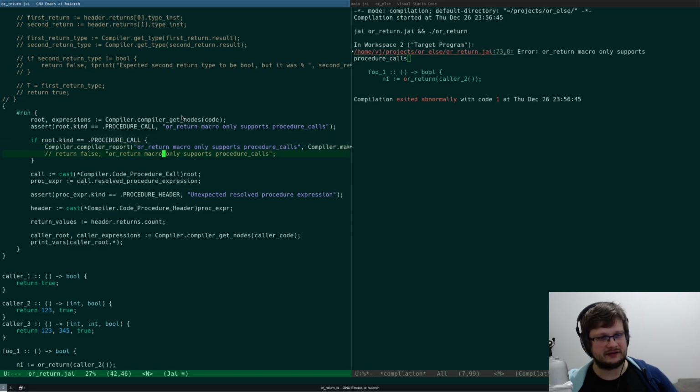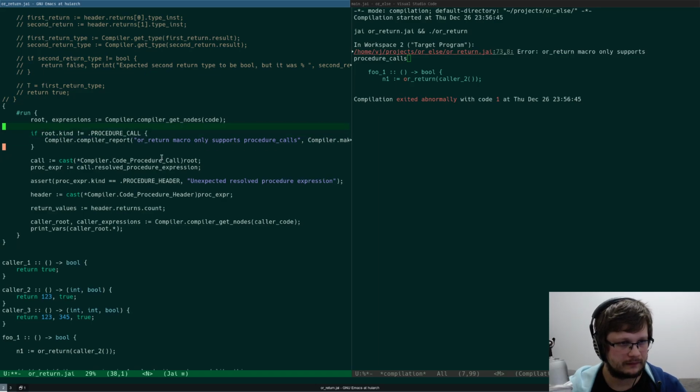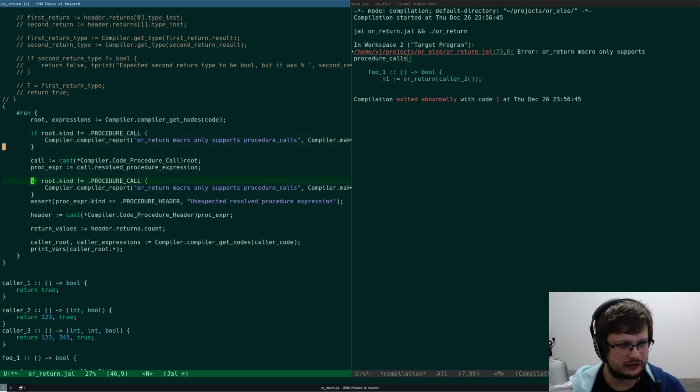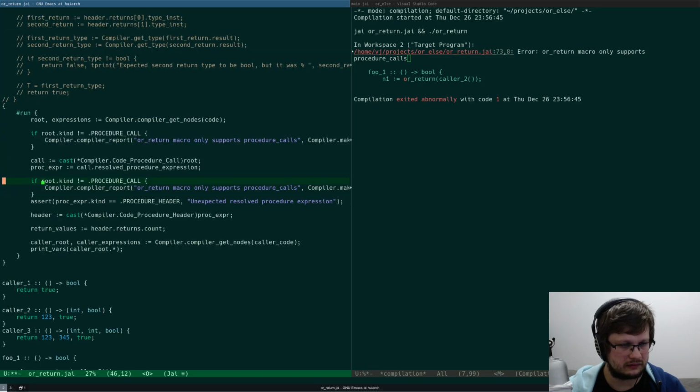Okay, let's experiment with that. Let's remove assertions, and here instead of assertion we do if proc expr kind not equal procedure header, like that.